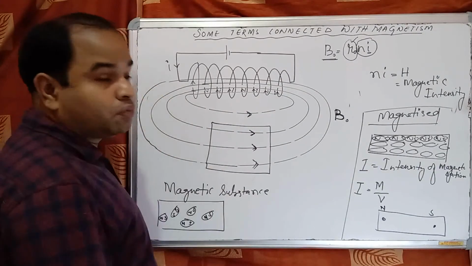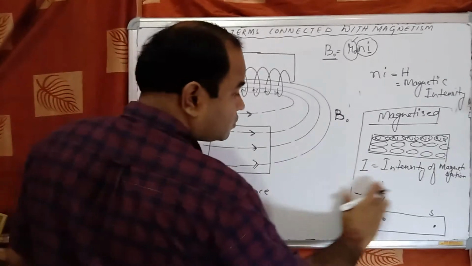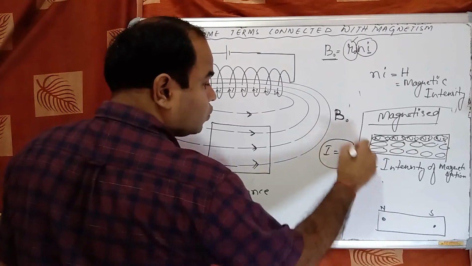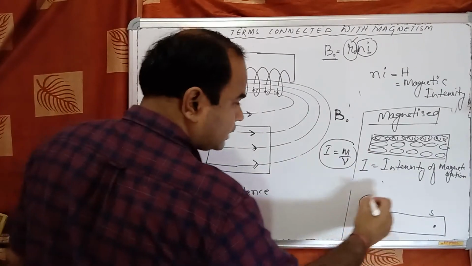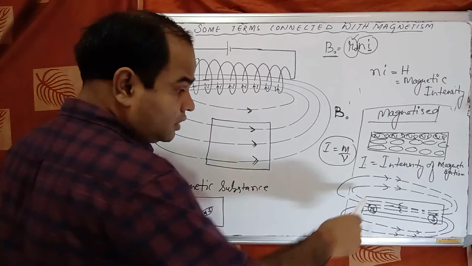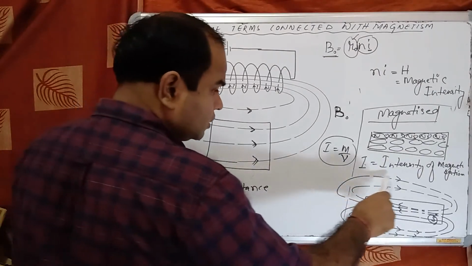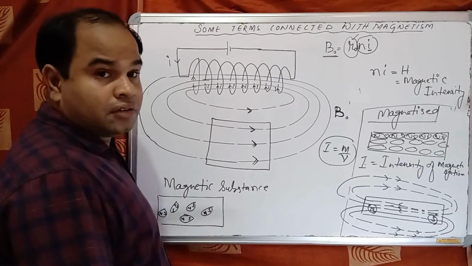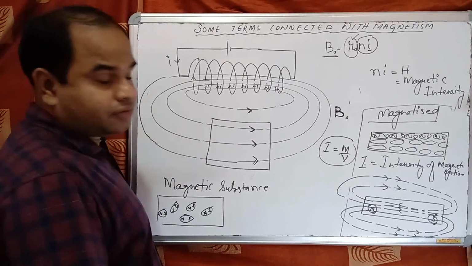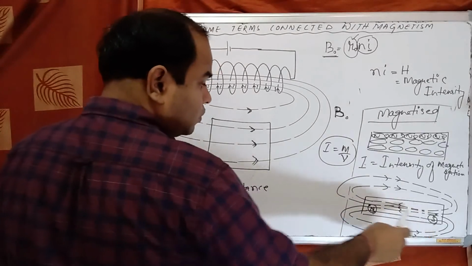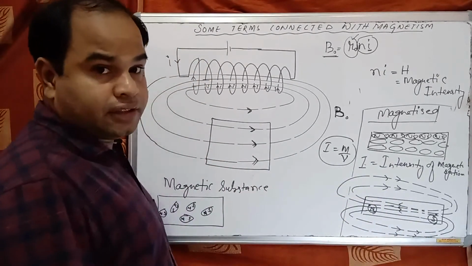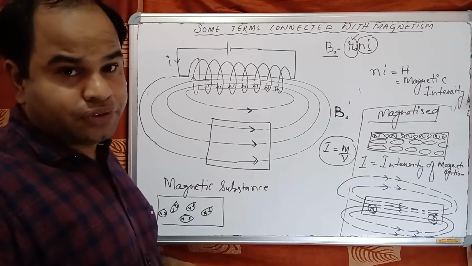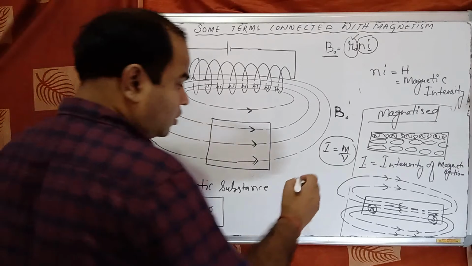When it has its own poles, it will produce its own magnetic field, like this. The magnetic field runs from the north pole to the south pole outside the magnetized magnetic substance, and from the south pole to the north pole inside it. The magnetic field strength of the